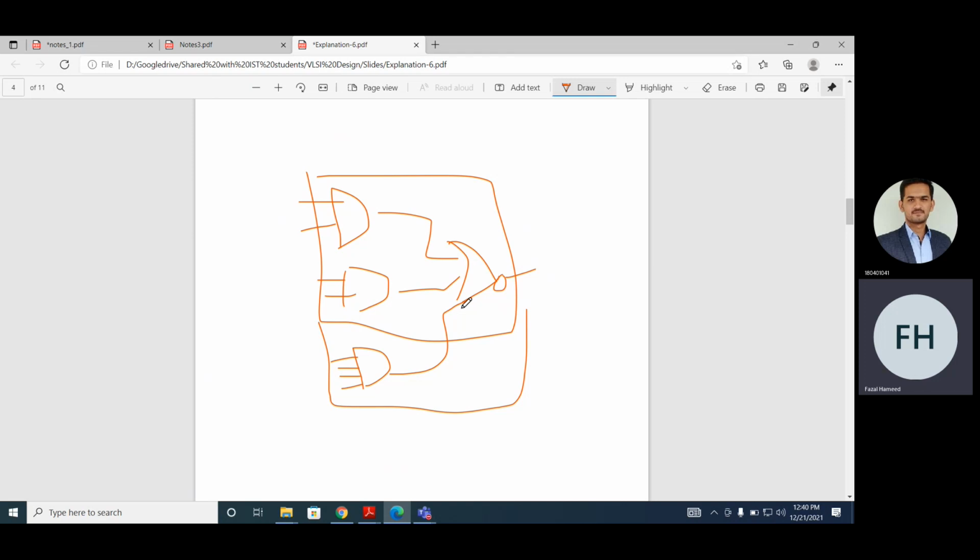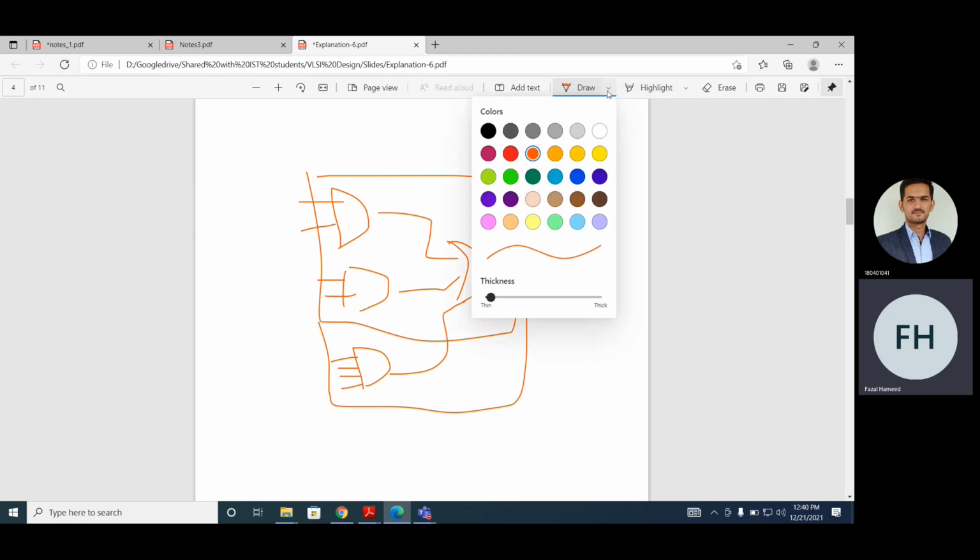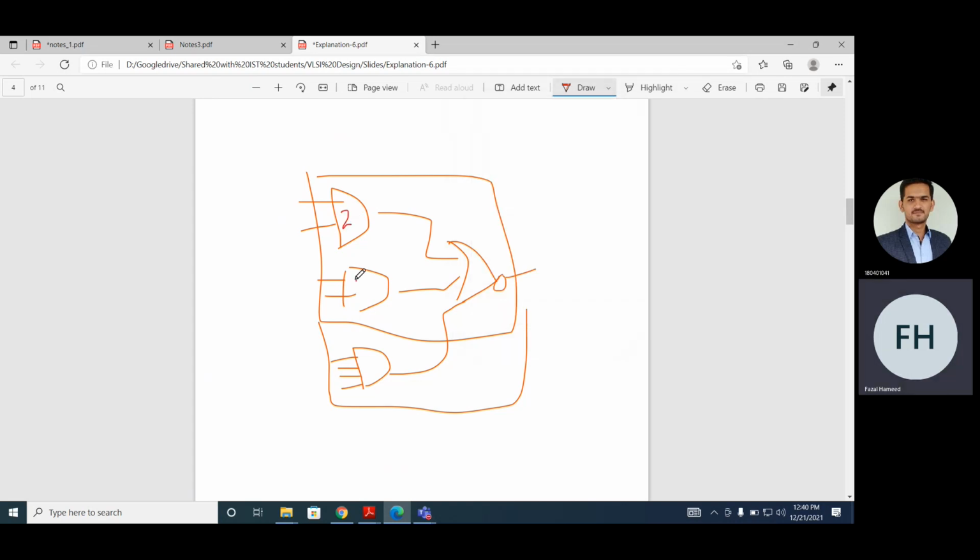Okay, now let's assume the delay of this gate is 2 nanoseconds, 2 units, and it's a bigger gate, let's assume it is 4 units, and the delay of this is 2 units. So what will be the maximum or worst case delay? 4 plus 2? 6. So this is a cell, and now you have a gate level netlist.